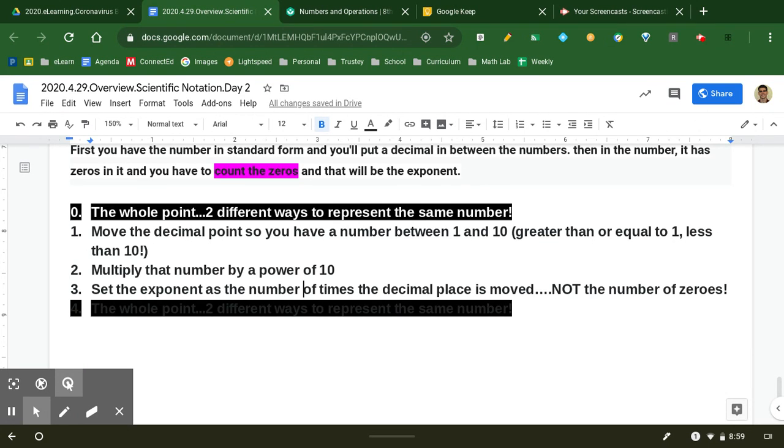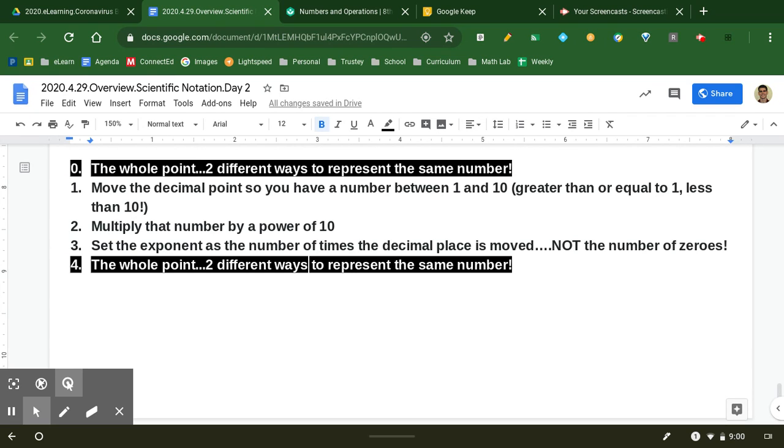Multiply that number by a power of 10, and then set the exponent up as the number of times the decimal place is moved. Several people just counting zeros here. It's not about zeros, and maybe I can show you an example of that in a second. But again, I want to bring us back to the whole point. When you rewrite this number, it should be the same amount of money, just two different ways of writing it. Or it should be the same tiny, tiny, tiny length of a foot, but just two different ways of writing